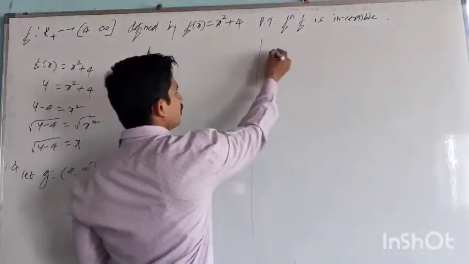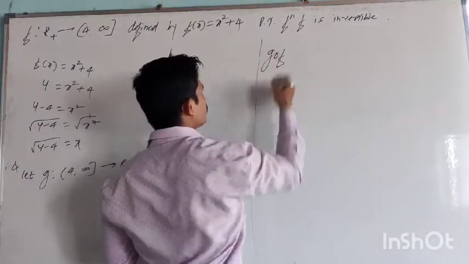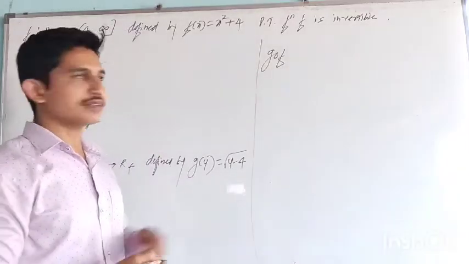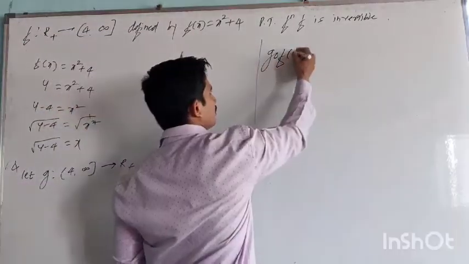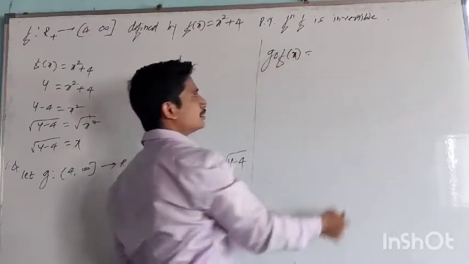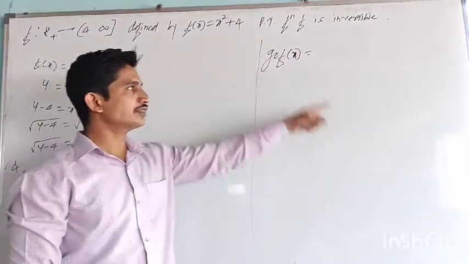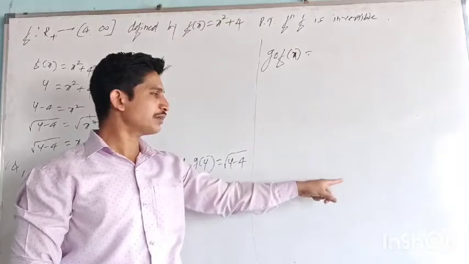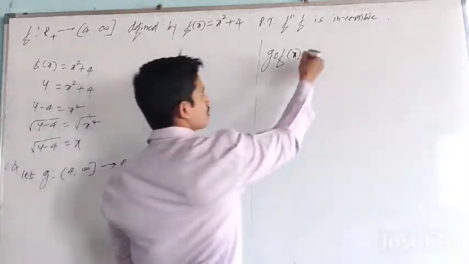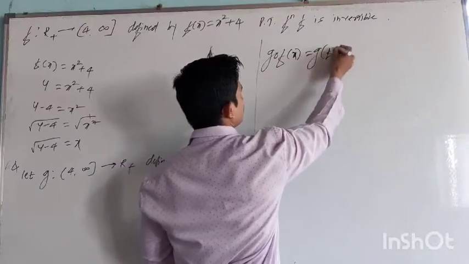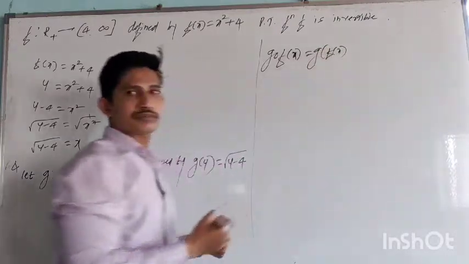Okay, so first of all, prove that g composition f, for f of x with variable x, if x is there, what must the answer be? x. If the answer comes out as x after solving this, then what is the function? Identity function. Okay, so let's see whether the answer is an identity function or not.